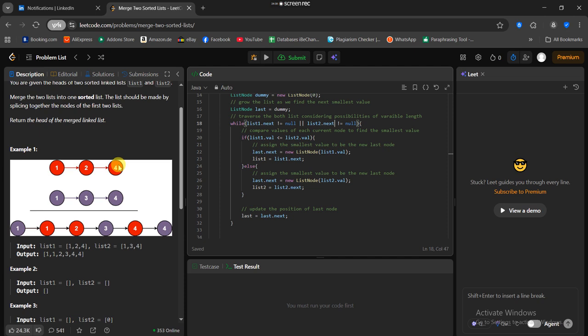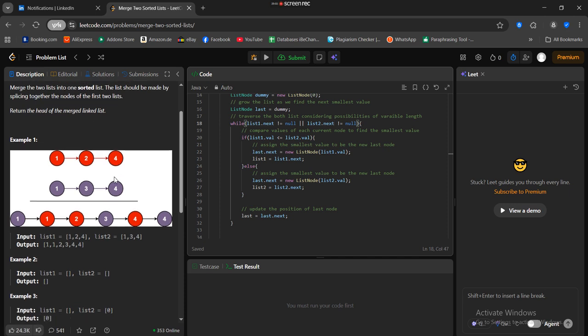Is this null? Yes. Is this null? No. So it's still going to run, and then you're going to come here and ask, is this null? Yes. So is list1 dot next null? Yes. Is list2 dot next null? Yes. And we're going to be left with